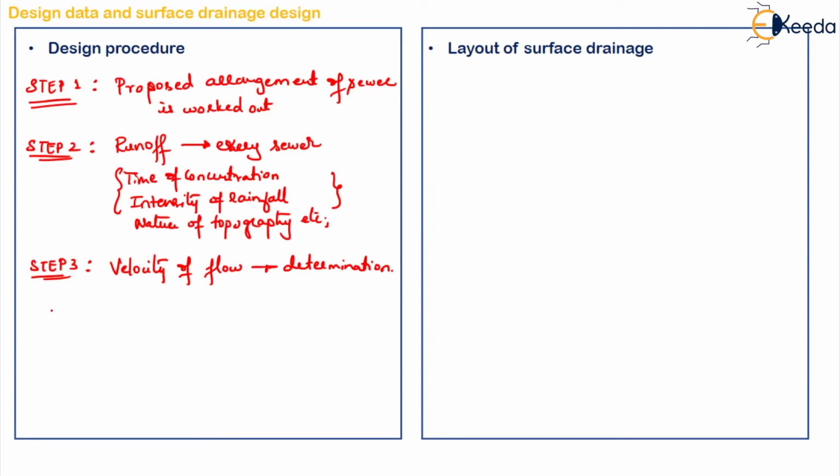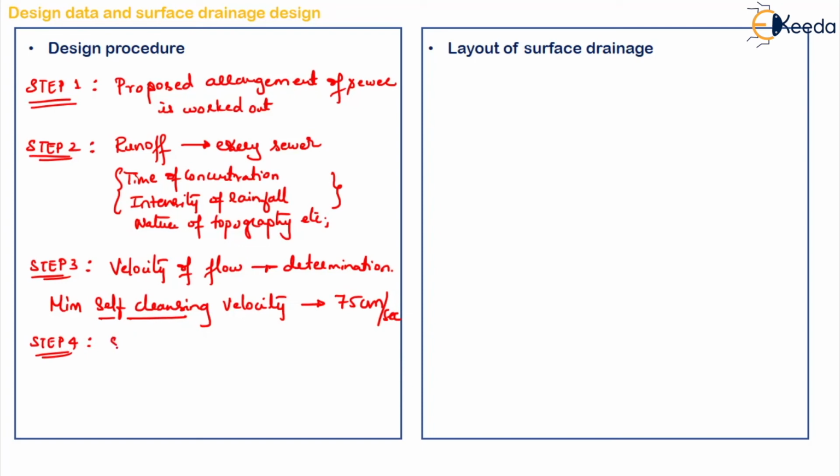determination. Normally the minimum self cleansing velocity, self cleansing is nothing but all the water should itself go into the drainage, that is nothing but your minimum self cleansing velocity. This should be around 75 centimeters per second. This is what we have to assume, so that sufficient scouring action will take place and silting will not become a problem, right?